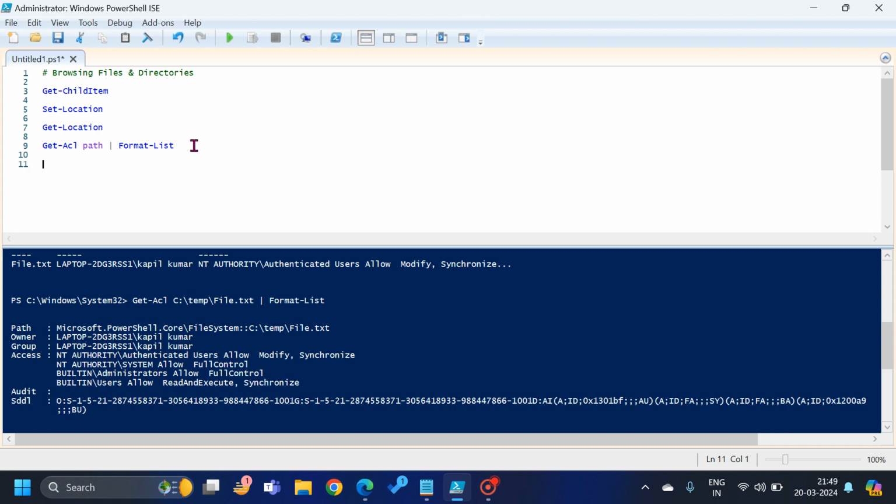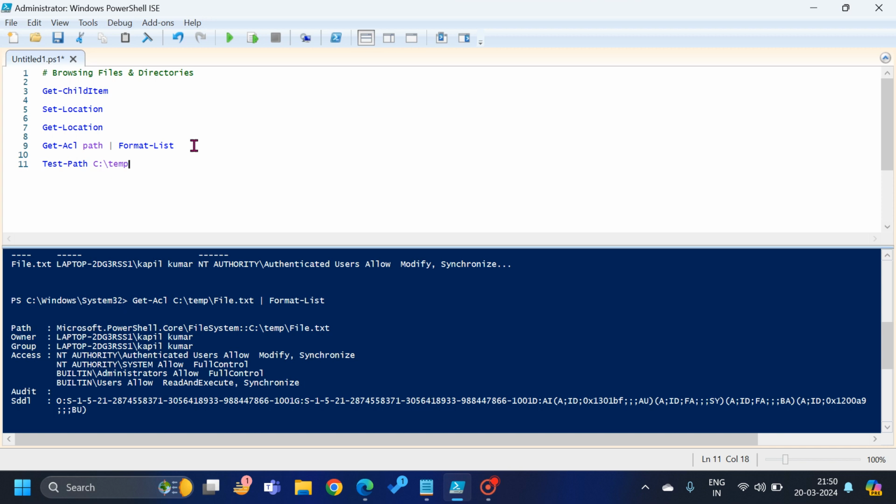Now the last command I want to show you is Test-Path. This command helps you understand whether you are dealing with a directory or a file inside the directory. For example, if I type C:\temp, we know it's a directory, but if you're writing a program, you first want to identify whether the output coming is a directory or a file, and only on the basis of that identification